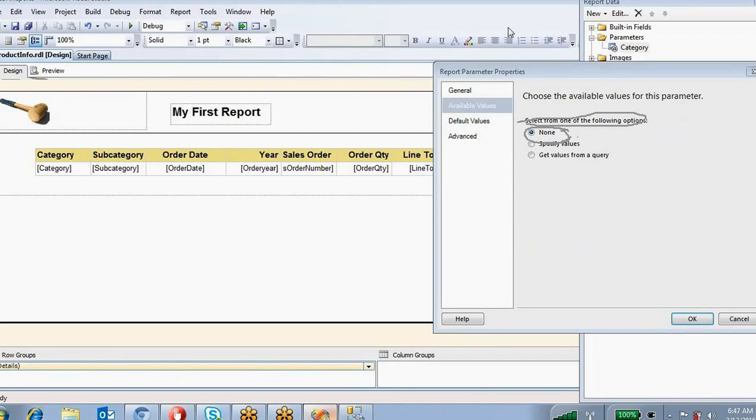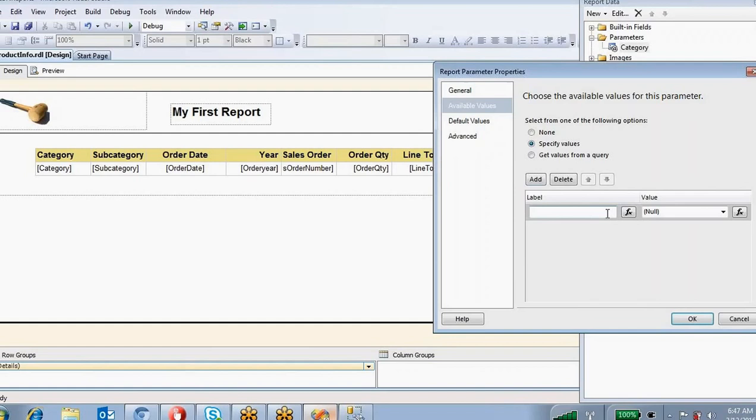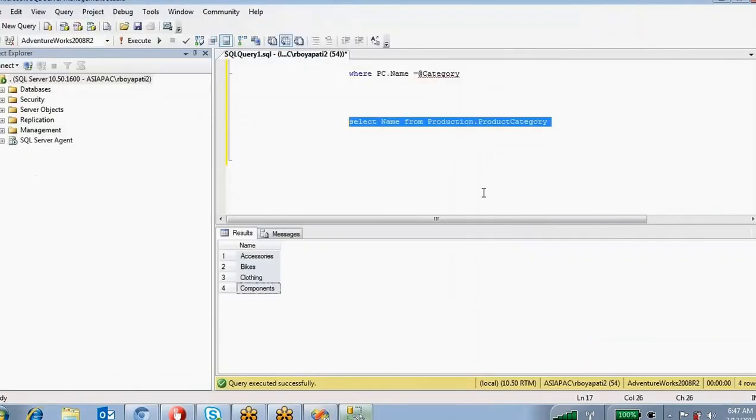The next option is specify values. Specify values means you can manually enter the value here. For example, bikes, this is the label. Label means whatever value is displayed in the drop down. And the value is whatever value you are going to pass to filter here.